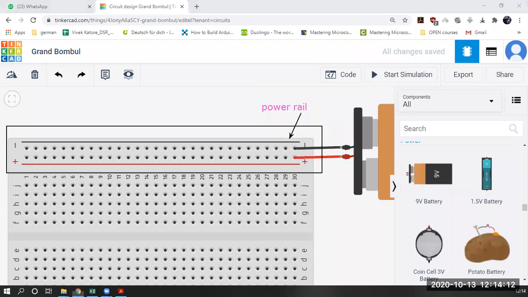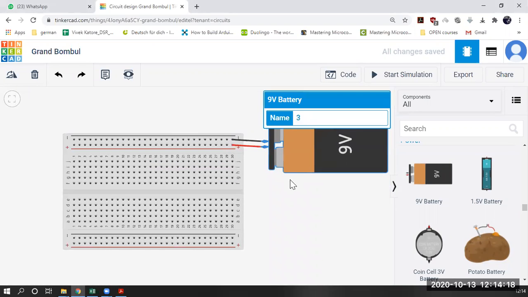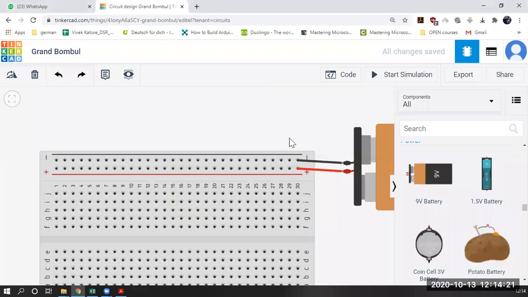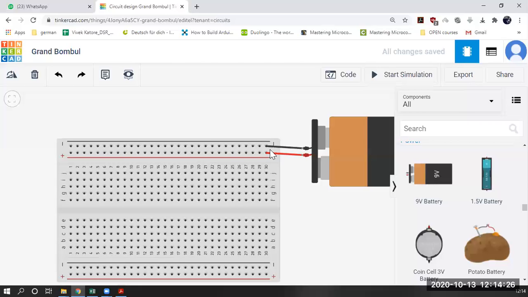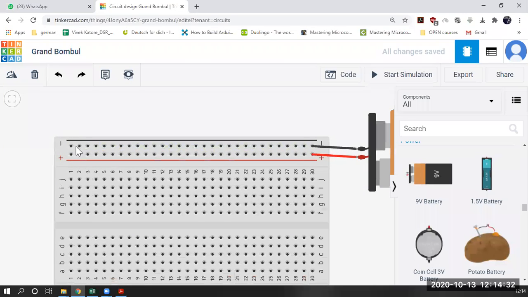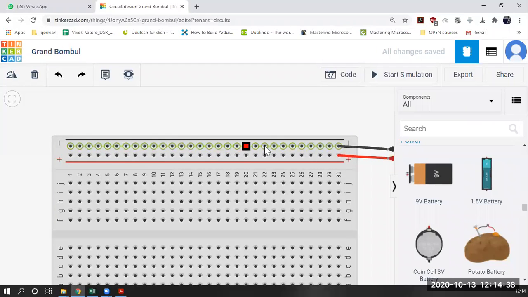And let me clear this drawing, whatever I drew. So this is how we can connect it. Now you can see this is the negative part of the battery. Now if I hover my mouse here, what do you see? A green line is visible. So basically what it is trying to say is that these holes are internally connected with each other in a straight line. Same goes for the plus rail, that it's going in a straight line. Okay, that is why this part is called a rail, because it's connected back to back.